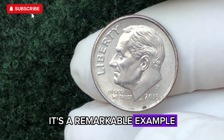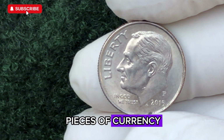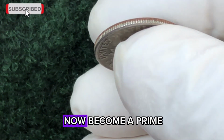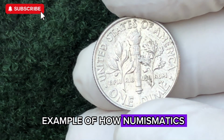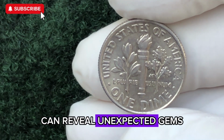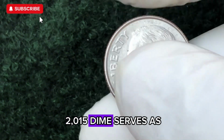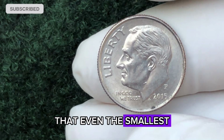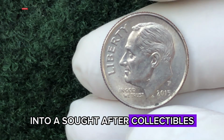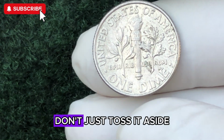It's a remarkable example of how rare errors can turn even the most unassuming pieces of currency into highly valuable treasures. The 2015 dime has now become a prime example of how numismatics, collecting and studying coins, can reveal unexpected gems hidden in plain sight. The story of the 2015 dime serves as a reminder that even the smallest imperfections can transform a humble object into a sought-after collectible. So, the next time you find a 2015 dime in your pocket, don't just toss it